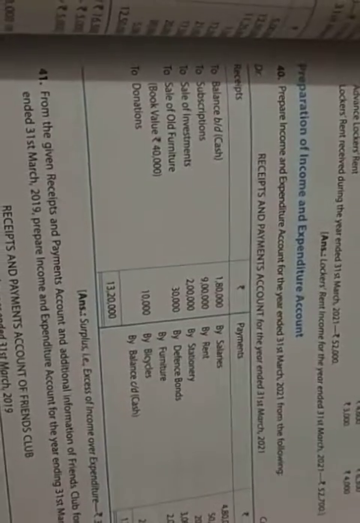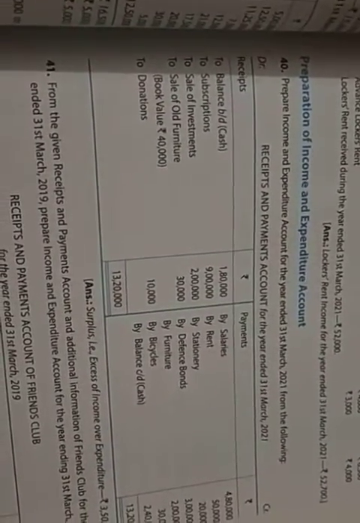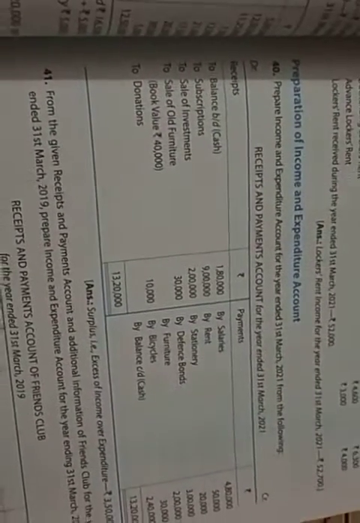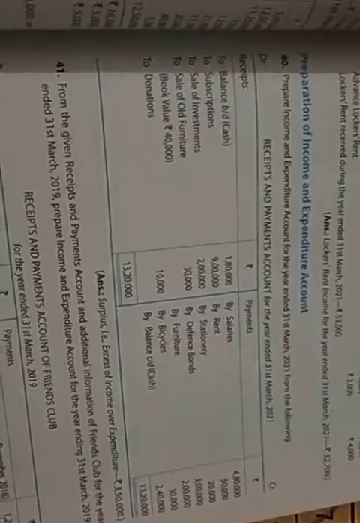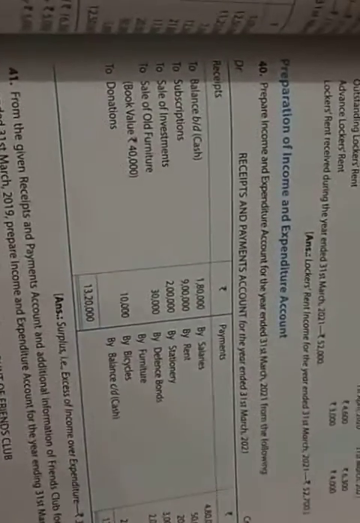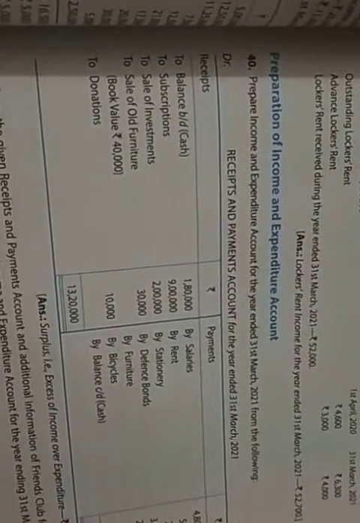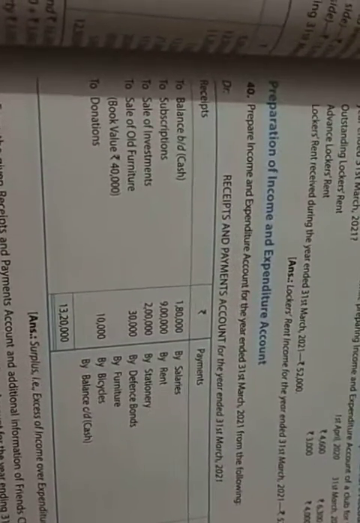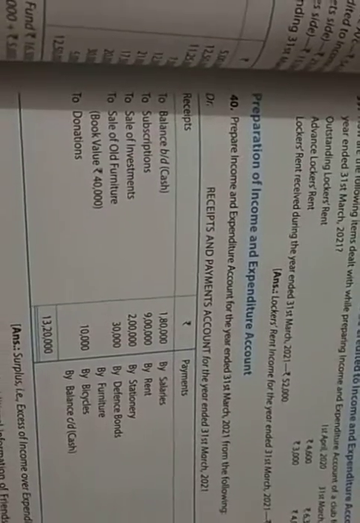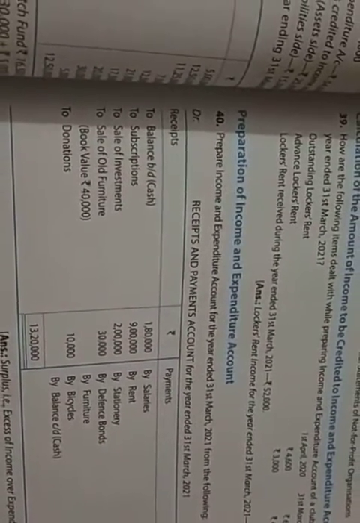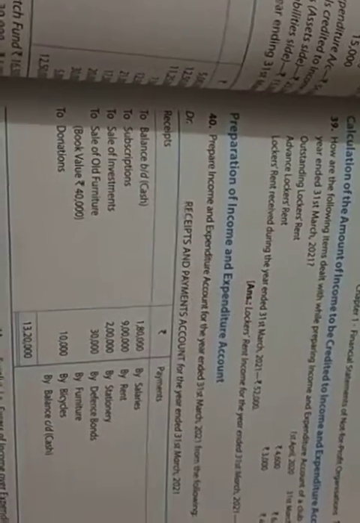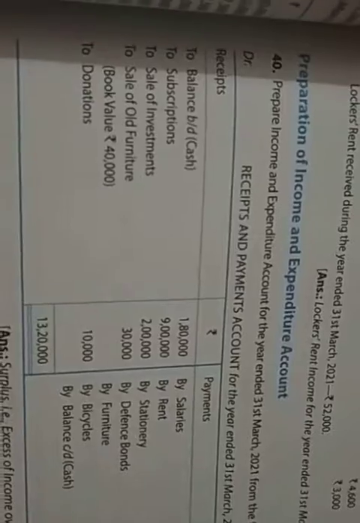So let us now discuss one question related to this, students. Let us now discuss question number 40. This is the 2021 edition book, and you have to start with question number 40. And students, please mind it, you have to practice only questions of income and expenditure account without adjustment. Because with adjustment, income and expenditure will take some time, so you just have to practice questions of income and expenditure account without adjustments. Okay, students, let us start with question number 40.